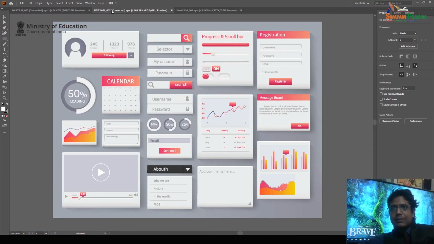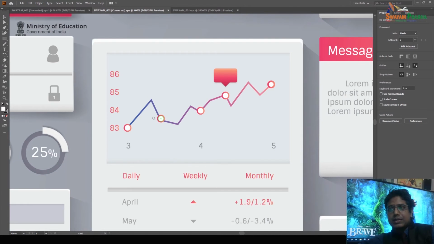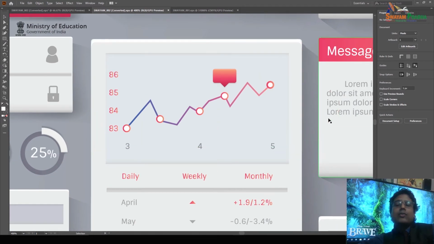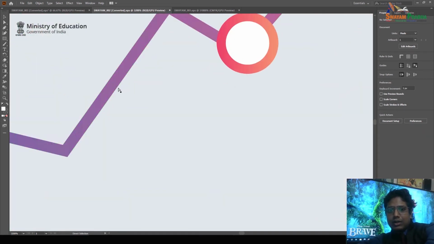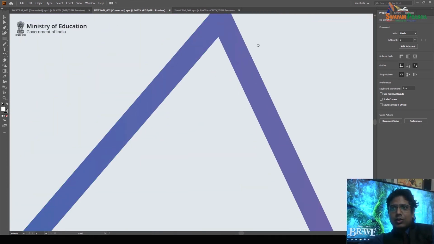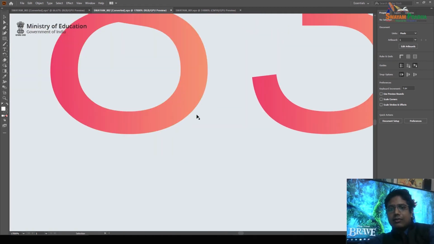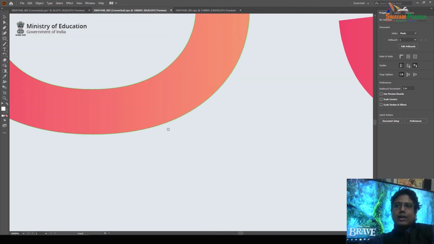I'm going with some other examples, like this one, an example of UX and UI design. Right now a lot of jobs are coming specifically in UX and UI design, where we are responsible for the layout and design of graphical user interfaces for cell phones, right? Or maybe applications. So here you can check out this message graphic. However much we zoom, like 3200% zoom, see here, no data is going to be pixelated or burst. So these are the advantages of vector graphics.